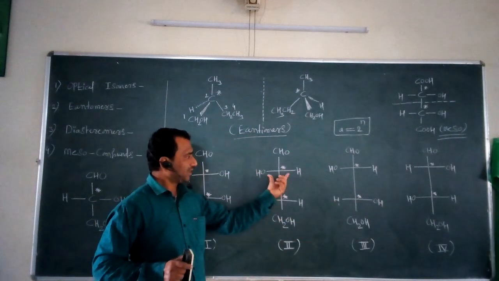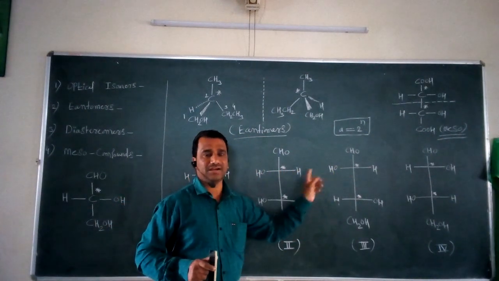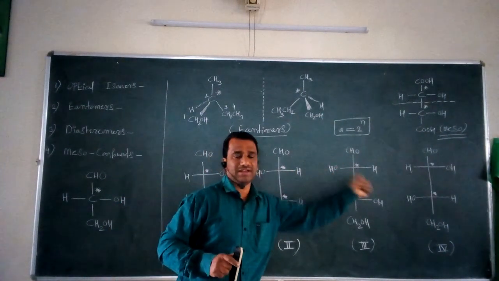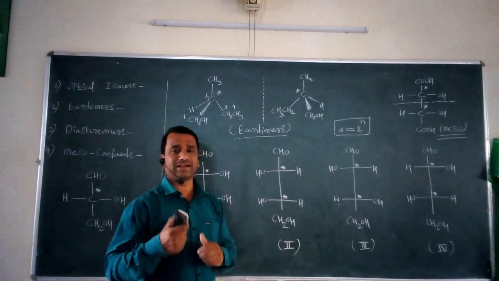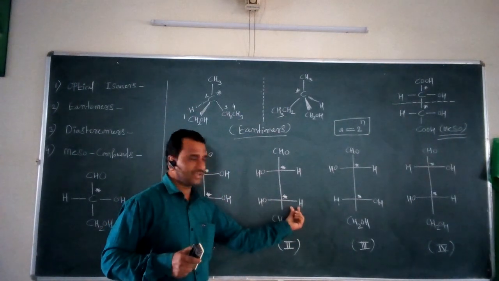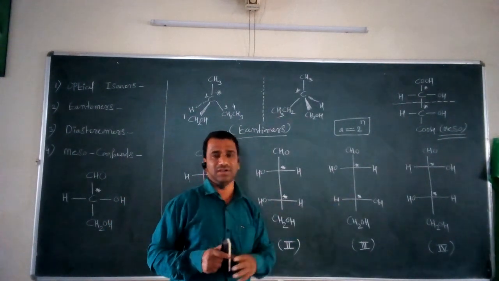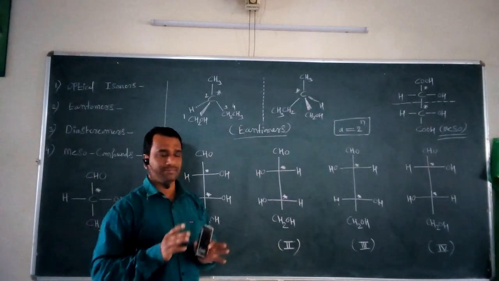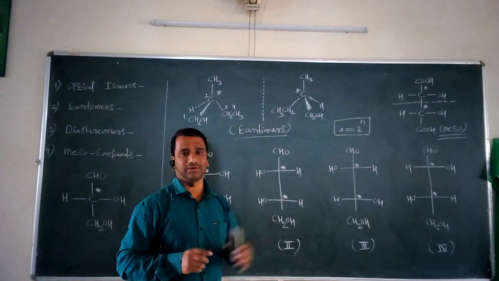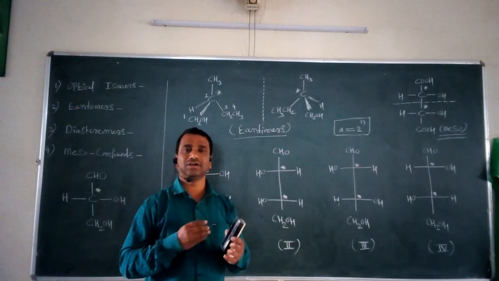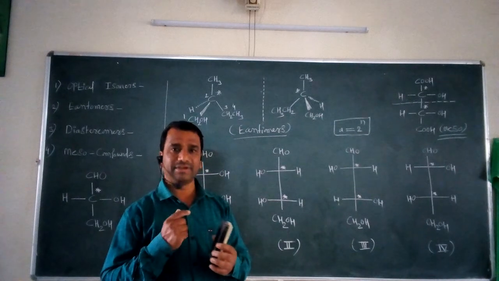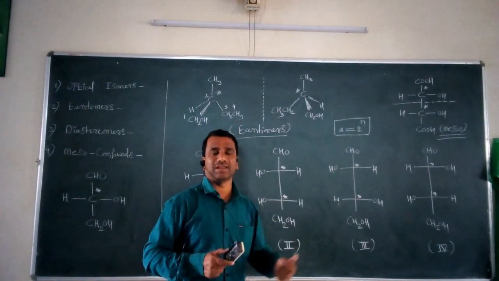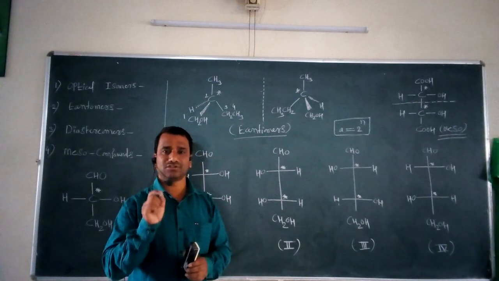Here also the first stereocenter has a similar arrangement, OH and H, and in this case also OH and H. But if we look at the second chiral center, it has OH and H, but in this case it is H and OH. So if we look at the relationship between form number 2 and form number 3, again they cannot be mirror images of each other, and that's why you can say that form number 2 and form number 3 are again called the diastereomers of each other.